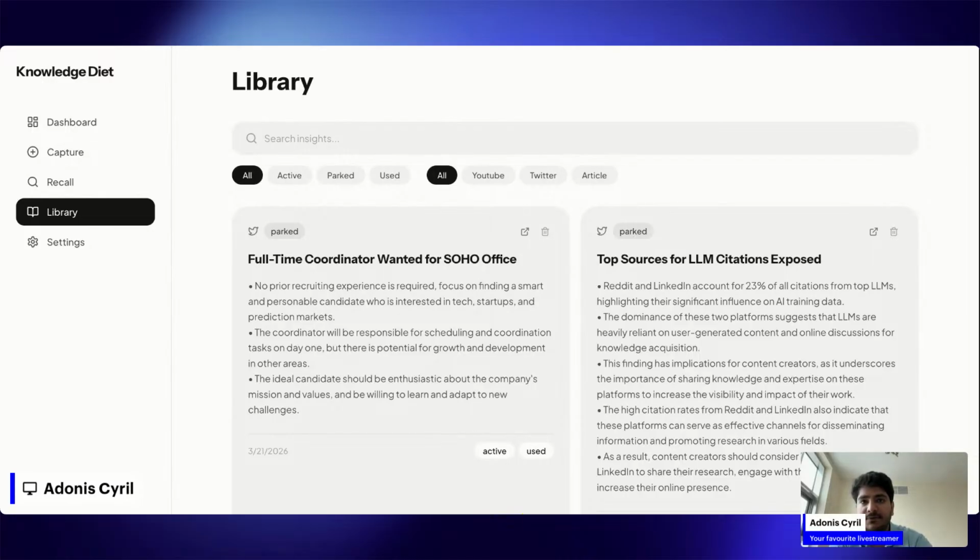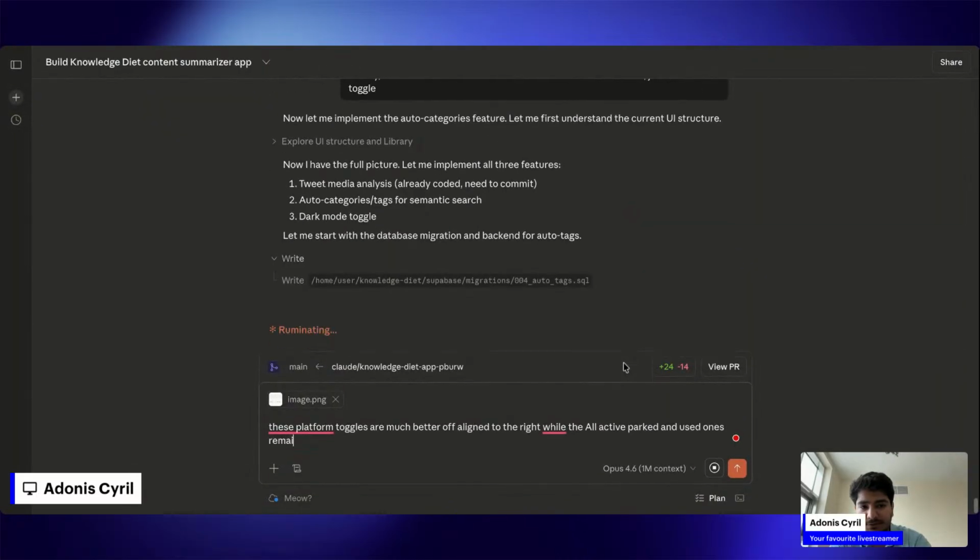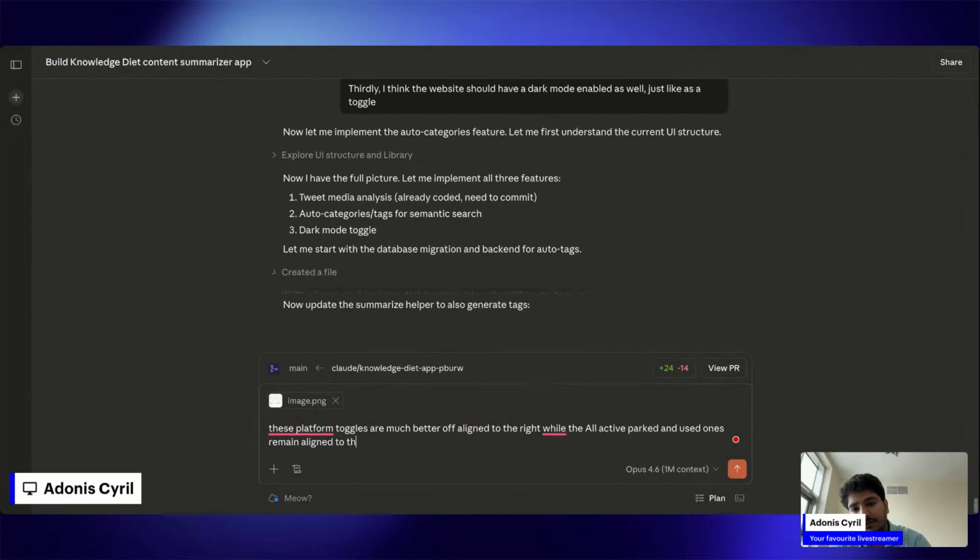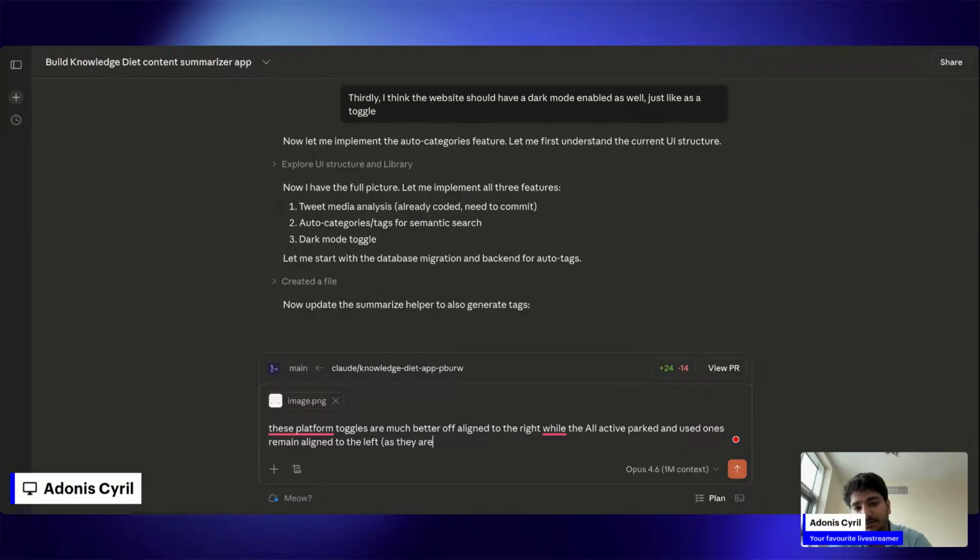These, how do you call it, platform tags, toggles are much better off aligned to the right, while the all, active, blocked and used ones remain aligned to the left as they are.